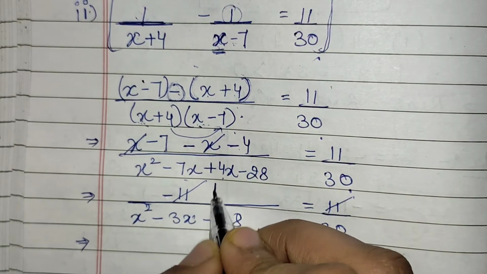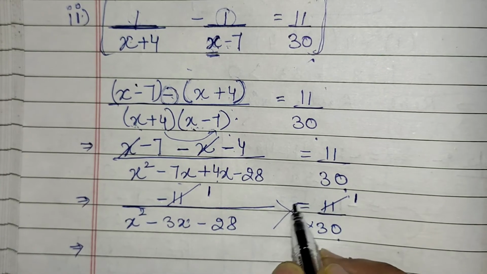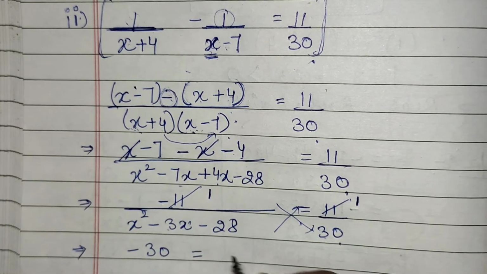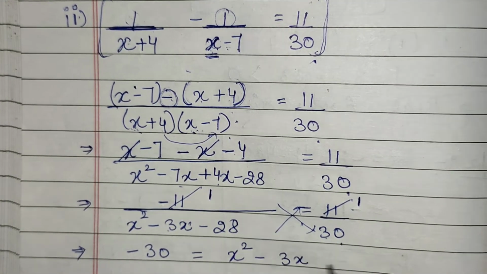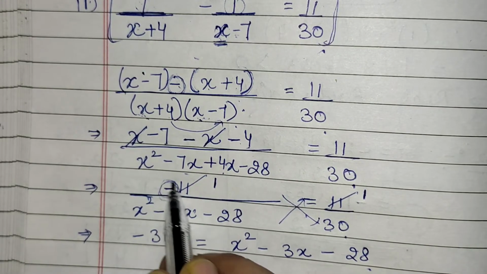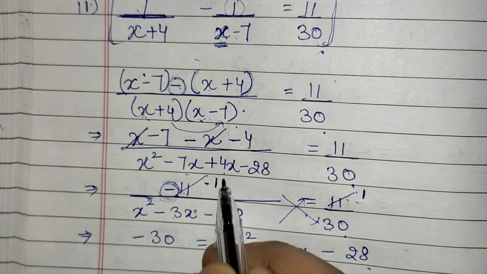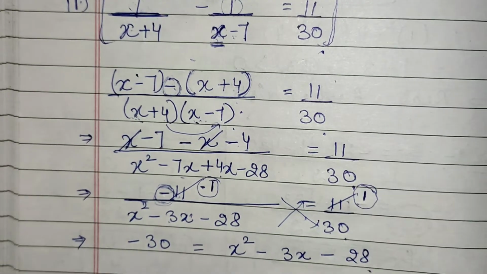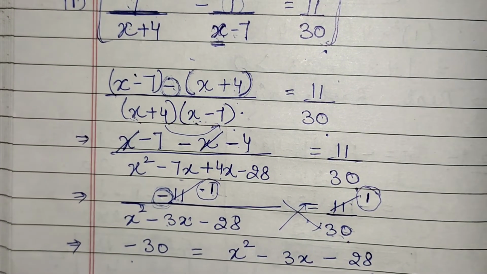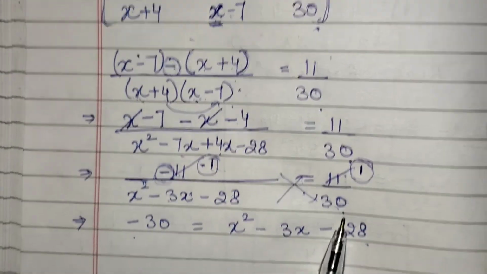Okay, so 11 and 11 will get cancelled out from both the sides. So now both the sides numerator is having value 1. So now do cross multiplication. So minus 1 into 30 will be minus 30, and this will become the same, x square minus 3x minus 28. So keep remembering this sign. This sign is not cancelled. Only 11 and 11 are cancelled. So here we are having minus 1, and here we are having plus 1. So while doing calculations, always be careful about the minus signs. Okay, so this was a very simple calculation. You know how to take LCM, you know how to do cross multiplication.